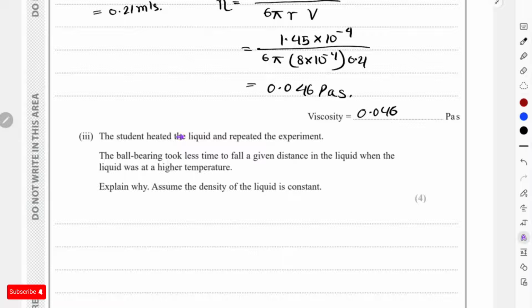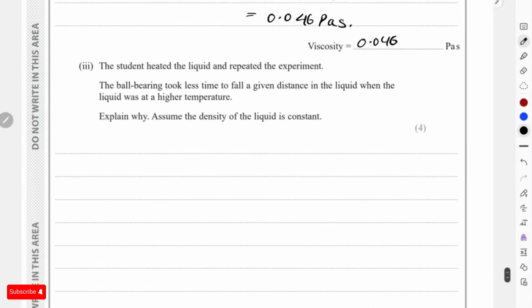If viscosity is low, in that case the object will have like a less resistance, and higher velocities can be reached, right? Like higher terminal velocities can be reached. So if we continue the question, the ball bearing took less time, as we have stated that if heat, higher velocity can be reached. Higher velocity means that it now can travel a longer distance within a short time. That's why it says that took less time to fall a given distance in the liquid when the liquid was at a higher temperature. We need to explain this, and we need to assume that the density of the liquid is constant. Okay, so we'll write the answer very quickly, that at higher temperature,